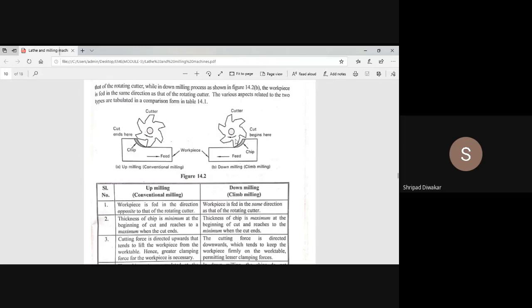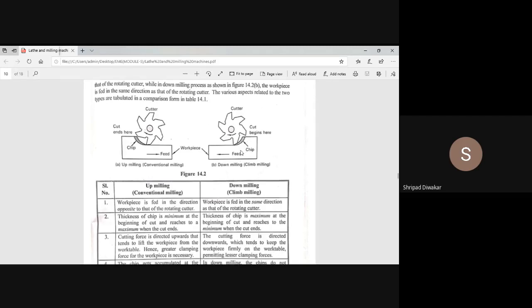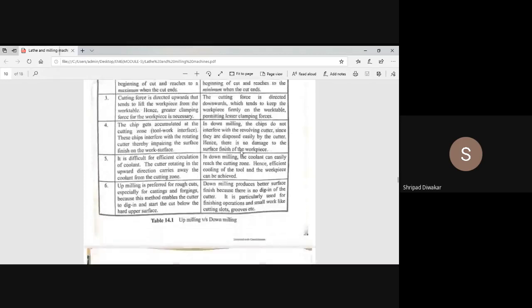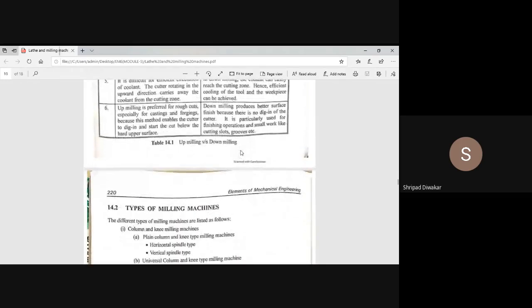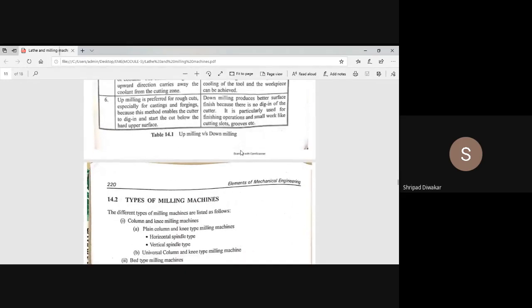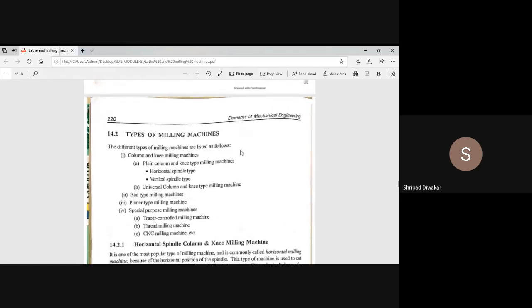Here, efficient circulation of coolant is possible in the case of down milling. So these are the major differences between up milling and down milling, only the direction of movement of the workpiece and the cutter. Okay. Next,